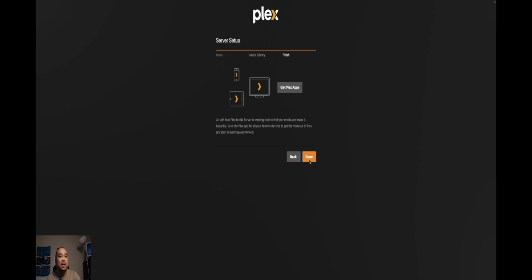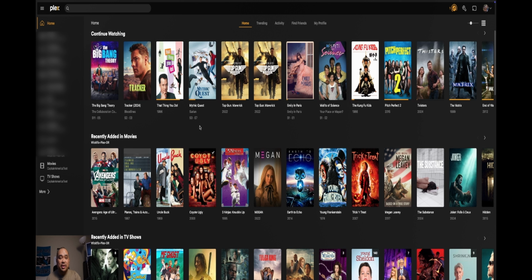And then done. Now, since I've got multiple Plex servers, I've already got some movies here. But if you notice here on the left, this one says movies and then the server that we created. So if you recall, I called this server Captain America Test. And here it is, Captain America Test. So if we click on movies,